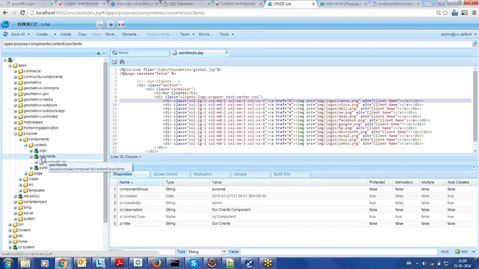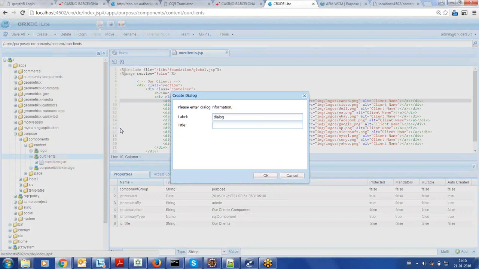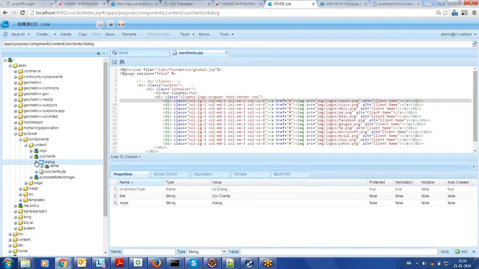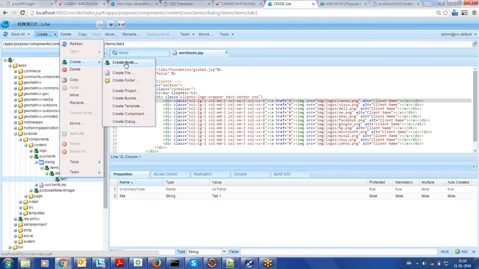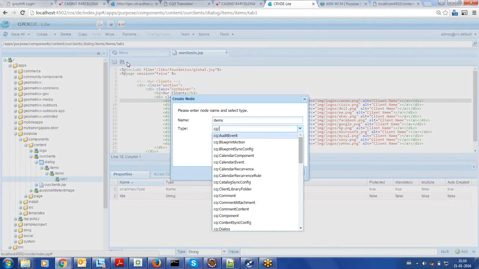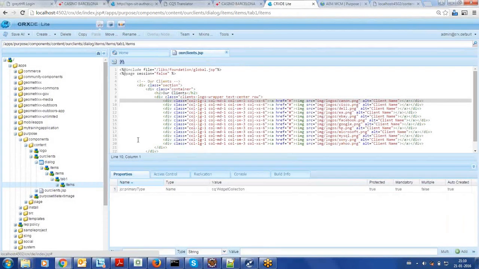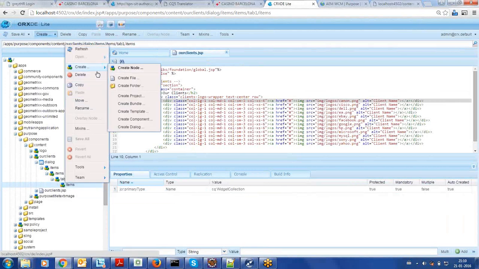So I will be creating a dialog. Now right click, create dialog. Dialog title I will give as our clients. In the tab, right click, create a container, that is of type widget collection. Name must be cq:items and type must be cq:WidgetCollection. I added it inside a container. Add your